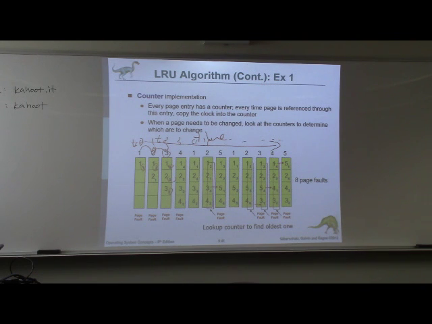What happened? The 1 is referenced. In case of a reference, it is reset because it's recently used. So we reset the count to 1. The others are increased by 1. So when the page is referenced, it's reset to 1, or 0, whatever. Then the other page frames' counts are increased by 1. Then when we select the victim page,